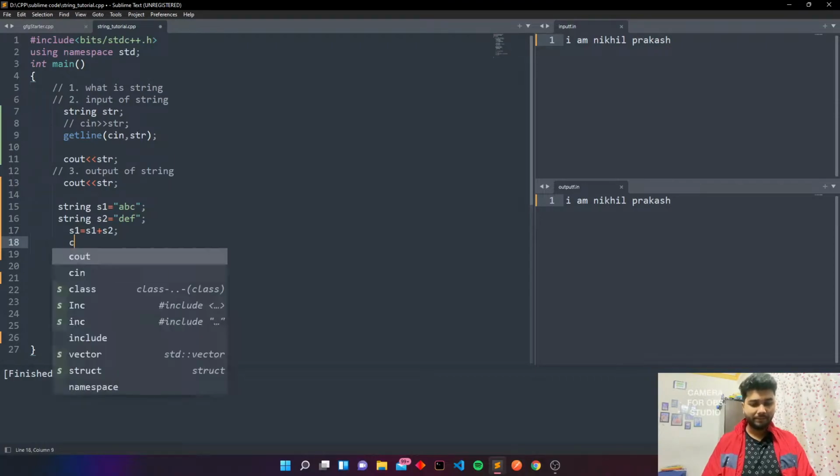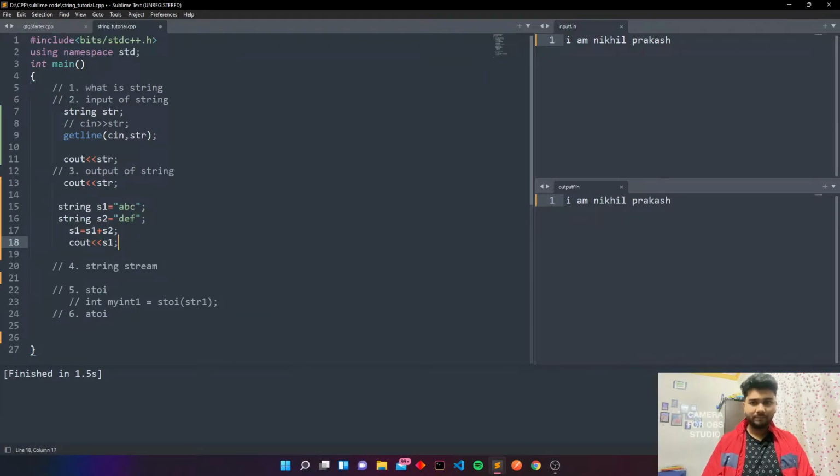Now print s1. So here you can see the strings are added now, and we have replaced the value of s1 from abc to abc plus def.